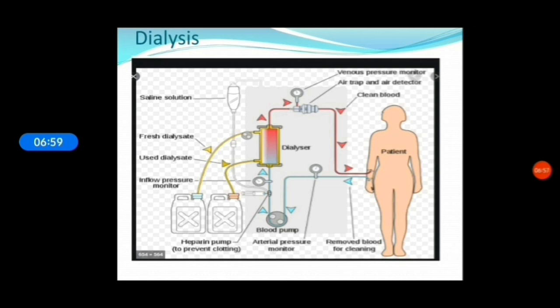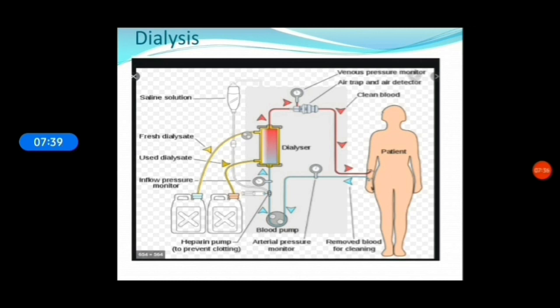The blood from an artery in the patient's arm is made to flow into the dialyzer of a dialysis machine made of long tubes of selectively permeable membrane, which are coiled in a tank containing dialysis solution as shown in the figure. The dialysis solution contains water, glucose and salts in similar concentrations to those in normal blood. As the patient's blood passes through the dialyzing solution, most of the waste like urea present in it